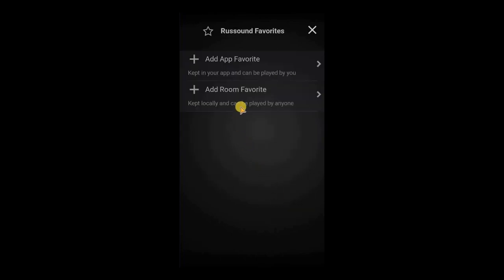And I'd like to add this new station as a favorite. You have 2 favorite options. We can add this as an app favorite or a room favorite. App favorites will be stored right on the mobile app on your phone or tablet, and they can be played with you. And because the MBX products are separate pieces of hardware, unlike an MCA, which is one integrated system,